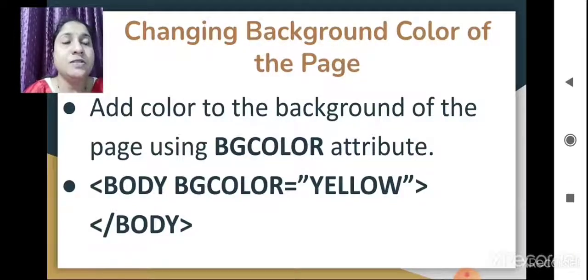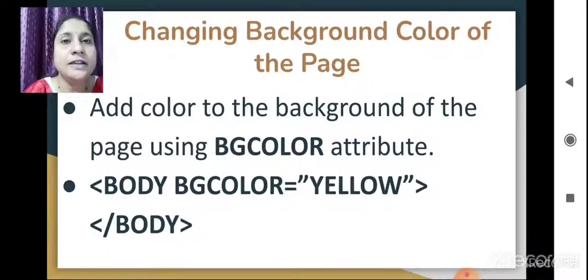The next is changing the background color of the page. If you want to change the background color of your web page, for that you have to add color to the background of the page using the BG color attribute. You have to write this BG color attribute in the body tag. So what will you do? You will write in the body tag BG color equals yellow.